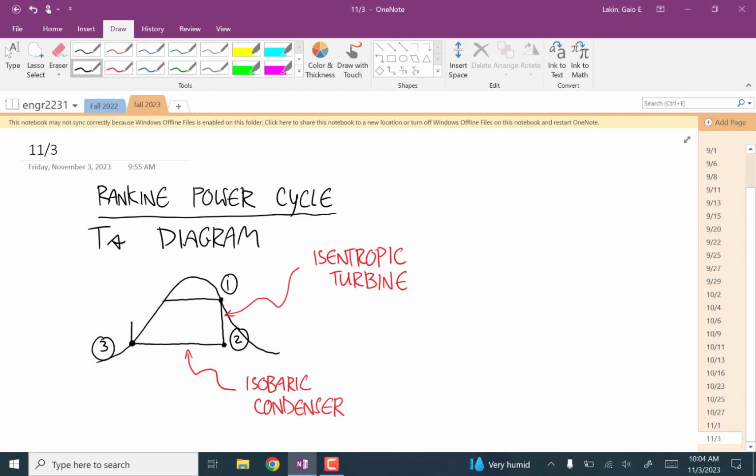And then it goes up to state 4 here. And that process is an isentropic. Which process is this? Pump, yep. And